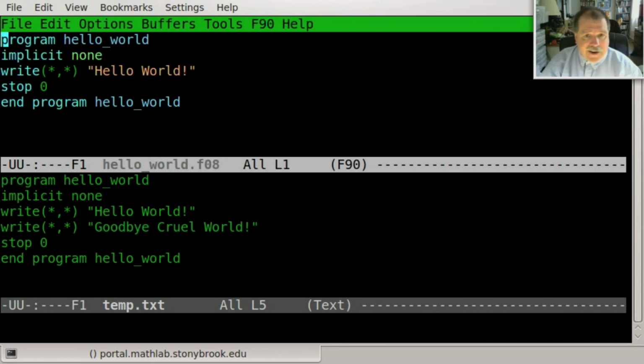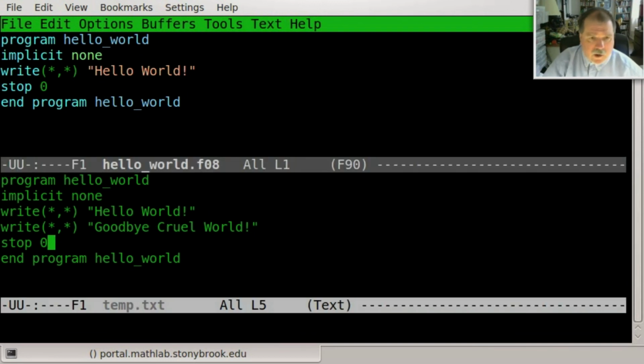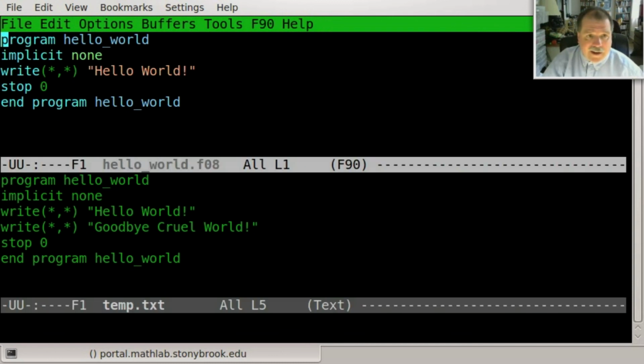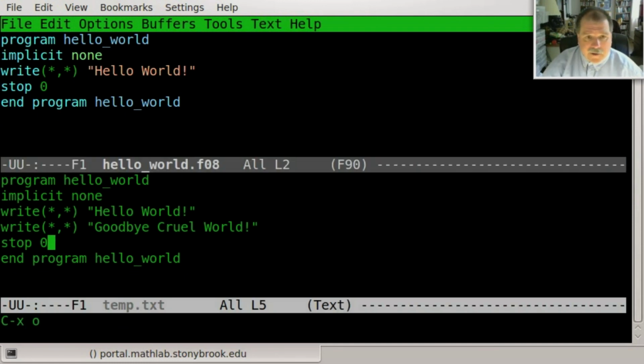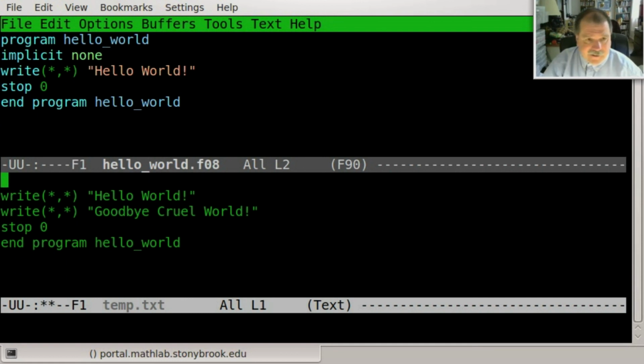All right, now the top window is now in Fortran 90 mode. The bottom window is in text mode. I can switch back and forth between them by just typing Control X O. Now my cursor is in the bottom window, Control X O again, and my cursor is in the top window. Let me write down these control sequences for you in this temporary text window here that I created down on the bottom. I'll say Control X O, and here I'll just delete these lines of text right there, and